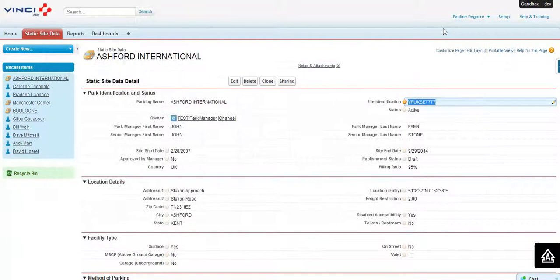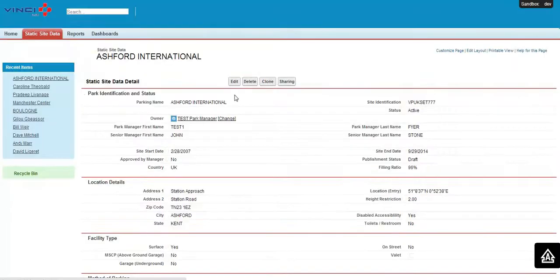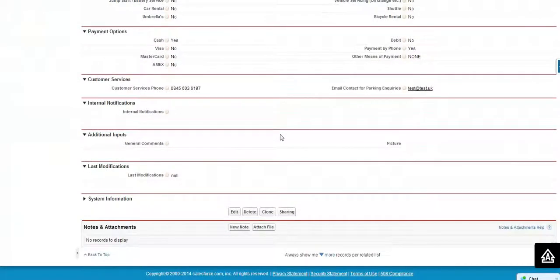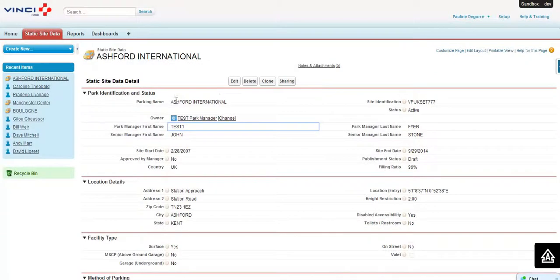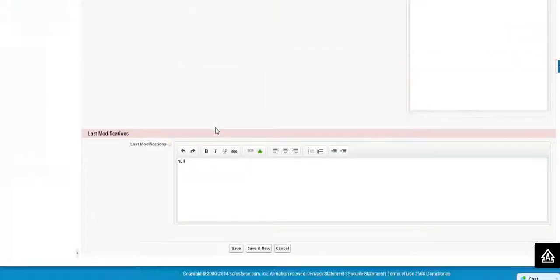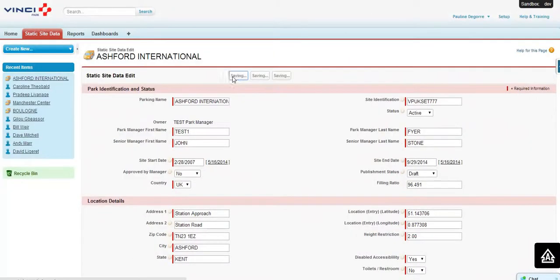Okay, so if I come back to static site data, I can make a refresh. So you just click enter on the URL. So now my first name of the manager, park manager, has been changed. So that's fine.